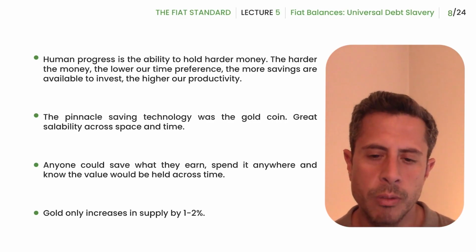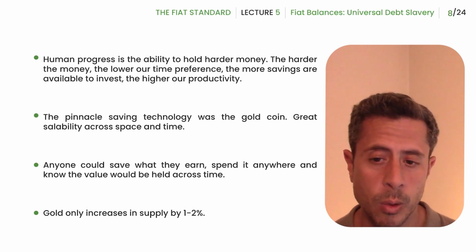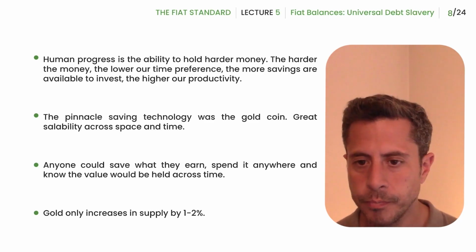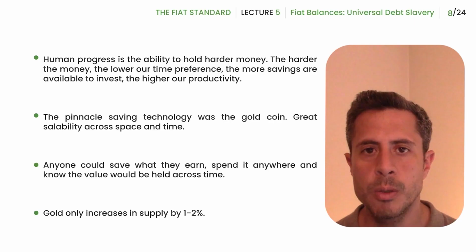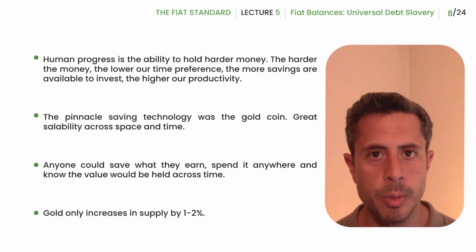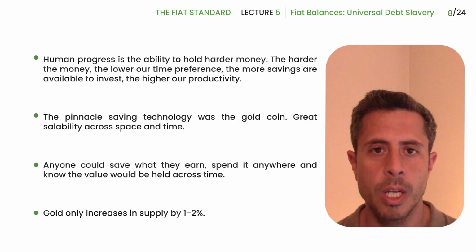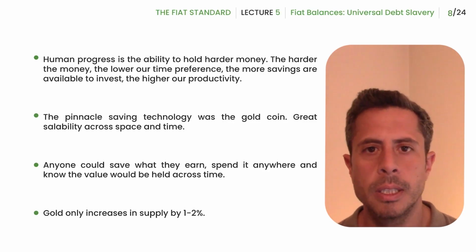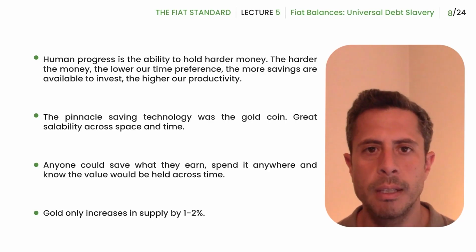All across history, we're developing this until we get to the gold coin and then the gold standard, where anybody could earn a gold coin, and all you had to do was just maintain this one same gold coin that you earned, keep it, and that almost certainly would appreciate over time. Gold went up in value slightly every year, and anybody could save. So therefore, the future was easily available for everyone.